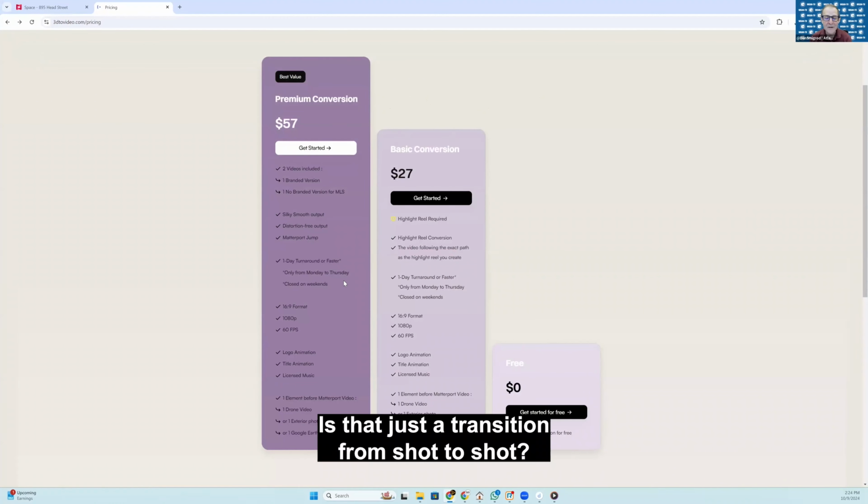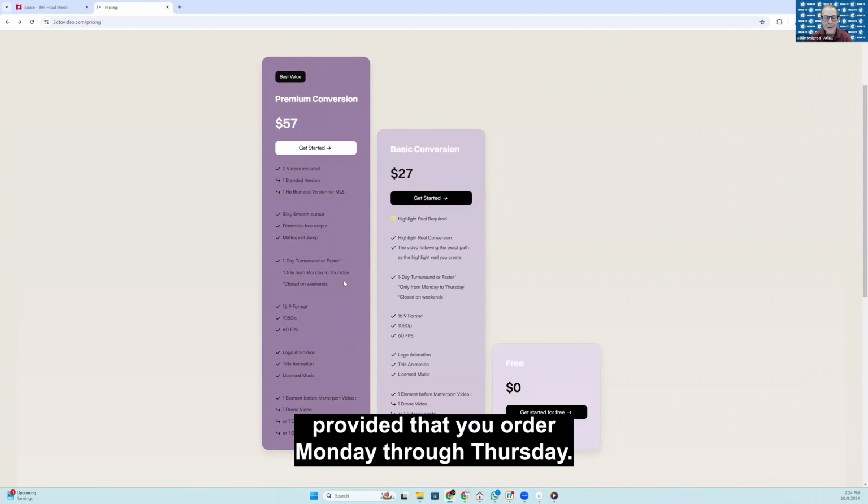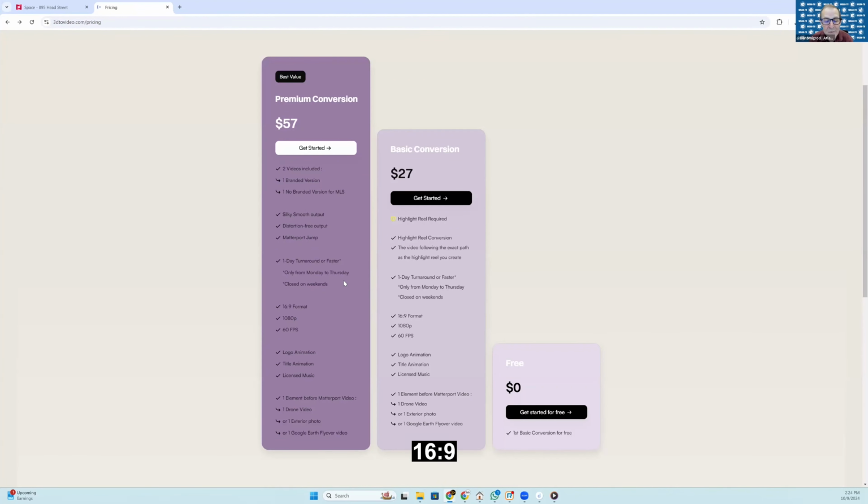Is that just a transition from shot to shot? I think it is. One day turnaround or faster, provided that you order Monday through Thursday. They're closed on the weekends. The format is 16 by 9, 1080p, 60 frames per second.